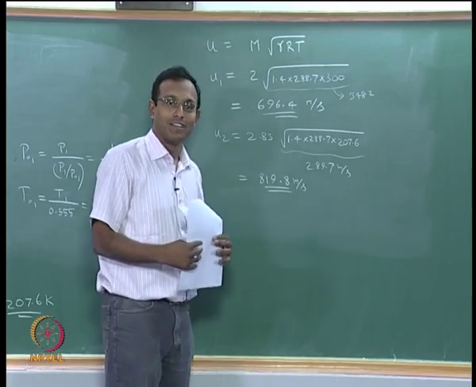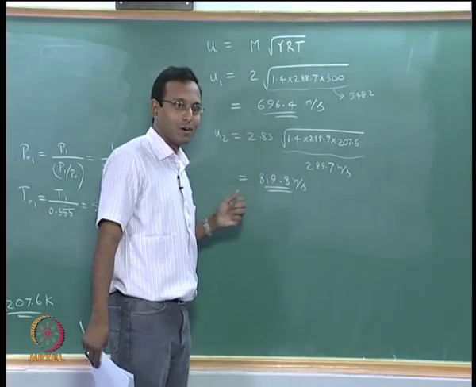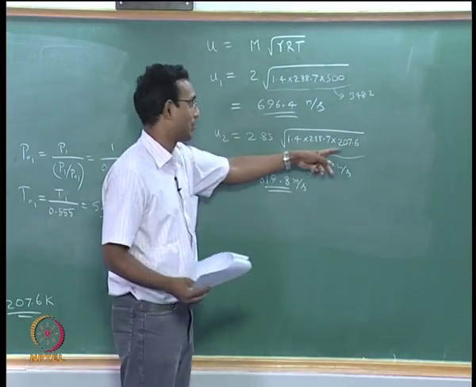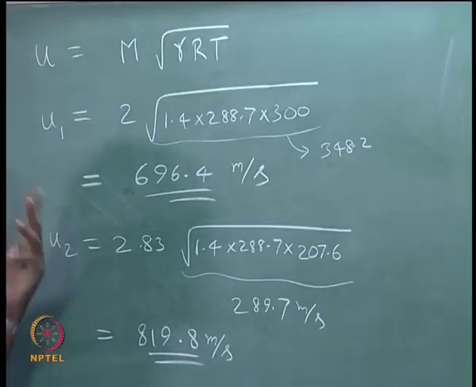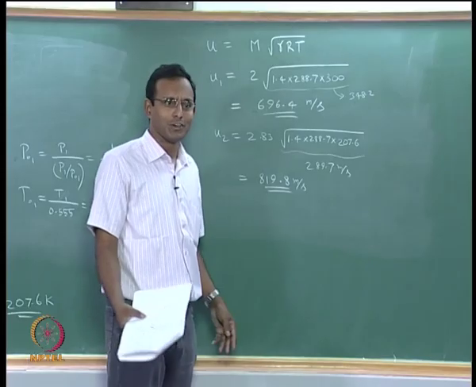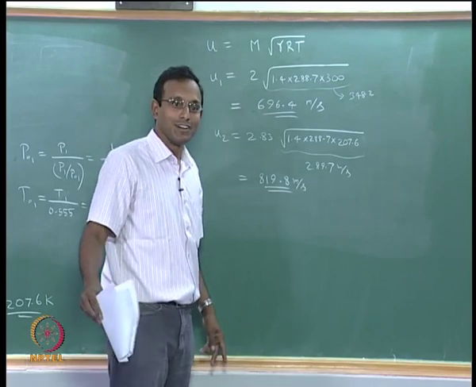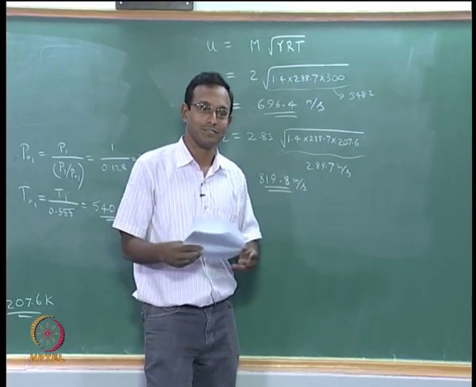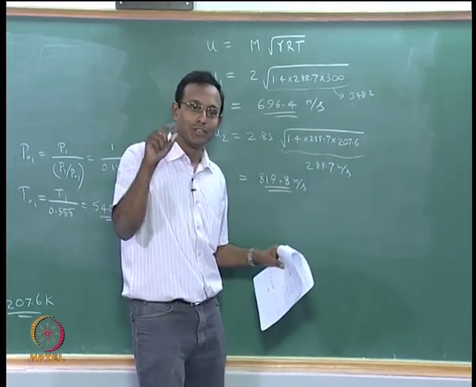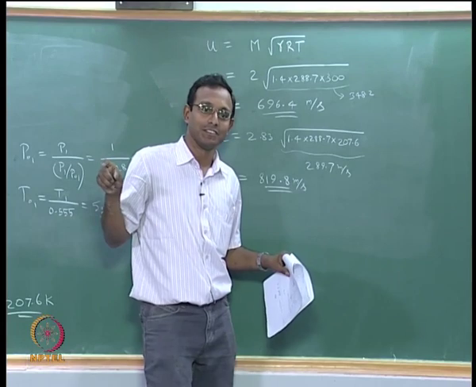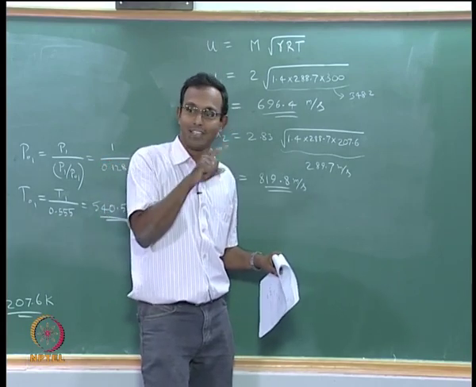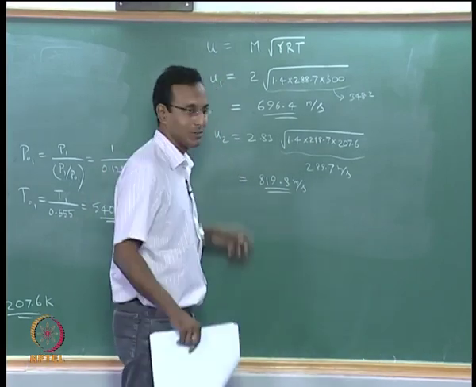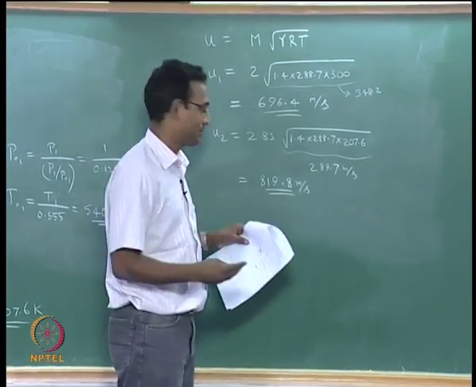Eventually, you will get to a point where, if I want to keep increasing velocity, I have to change my Mach number by a huge amount, because temperatures will become close to 0. There will be a point where you cannot change anymore. What is that point called? The Vmax. Right? We did this Vmax when we introduced T0. T0 equal to T plus U square by 2 Cp, we said. And if I put T equal to 0, you will get T0 equal to Vmax square by 2 Cp. That Vmax is what you will reach. Eventually, it will go to a steady state. We have seen plots of this also before.